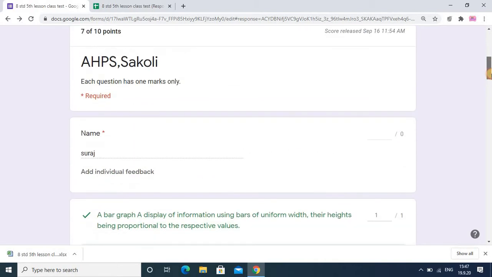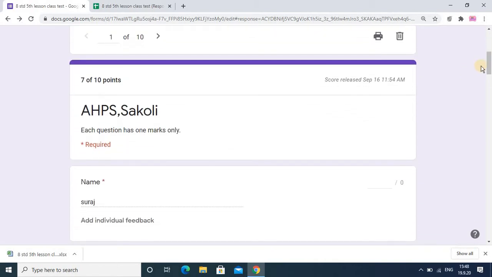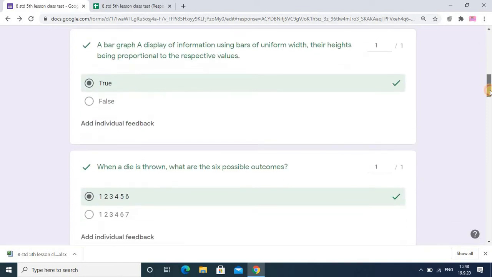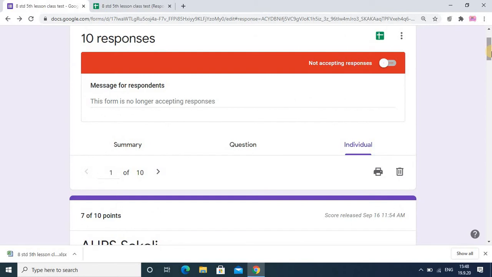So here you can check the paper. So means you will be able to see the student name, you will be able to see the question, you will be able to see the answer. Then in this way you can check the paper. So in that individual option you can check the paper easily, means the data will be filtered student wise. And I'm telling you now one more option you will not get in other YouTube videos.